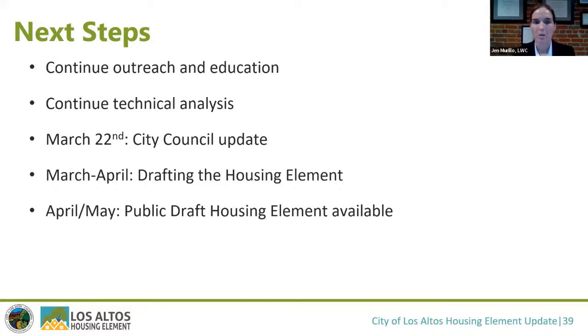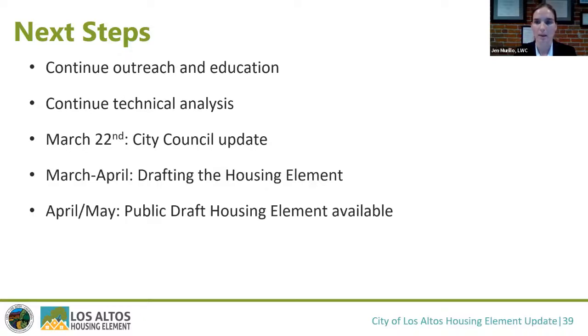And then we are working on preparing the draft housing element. The feedback that you give us tonight, we're going to look at, respond to, and we're going to move forward to a council update and considerations on March 22nd. So the council will see this information you've seen tonight. We'll report out on some comments we've heard and start getting the council's feedback on where we're at. Look for the draft housing element coming out at the end of April. But between now and then, if you have any questions, comments,